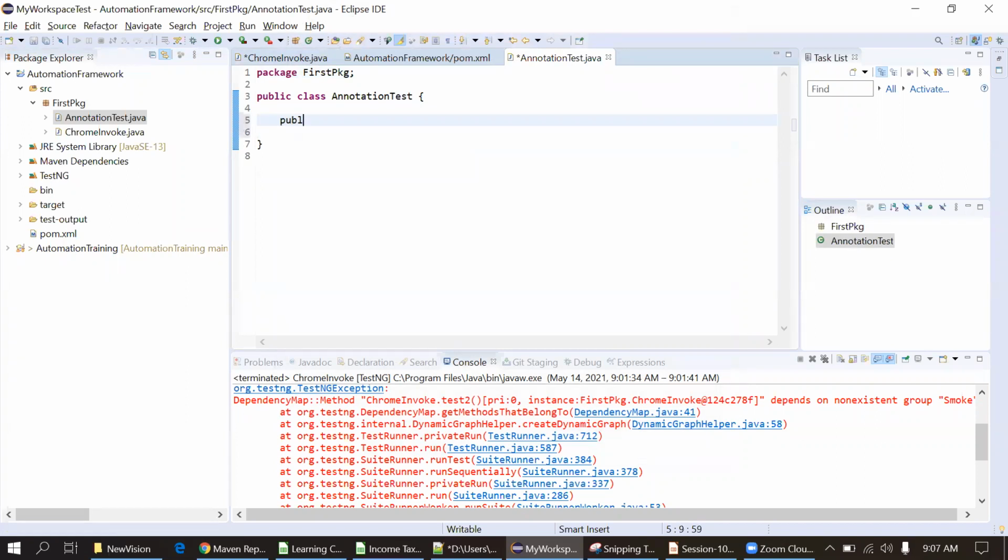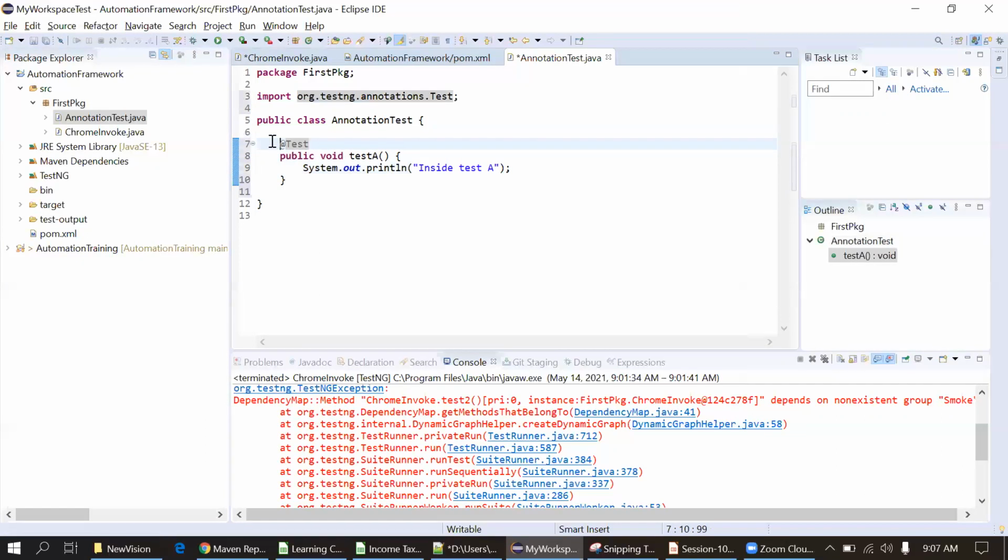Suppose public void method A, instead of method, I will make it testA. Inside testA, I'll just put a print statement "test". For this I will apply the @Test annotation.